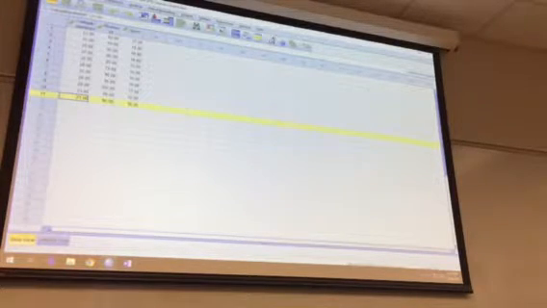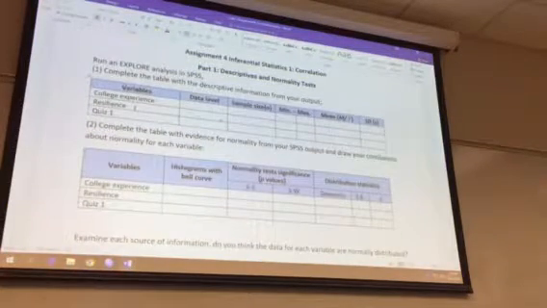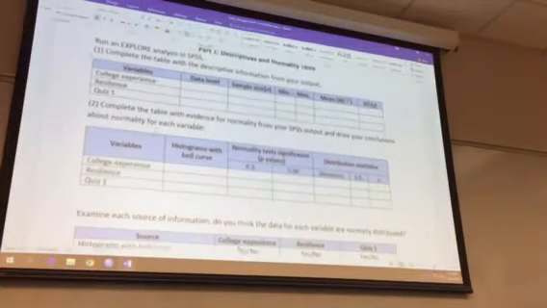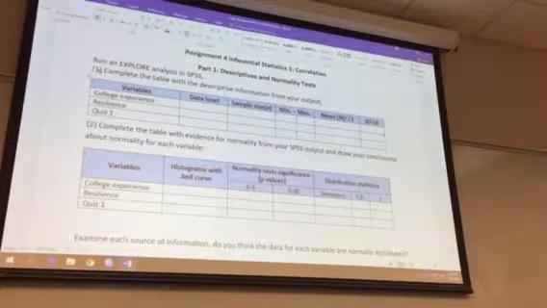But like I said, the worksheet asks you to check the descriptives first, and also to look at the distribution to see if it is normal so that we can move on. And to complete the first table, which is on descriptive information, we are familiar with that. We can do,